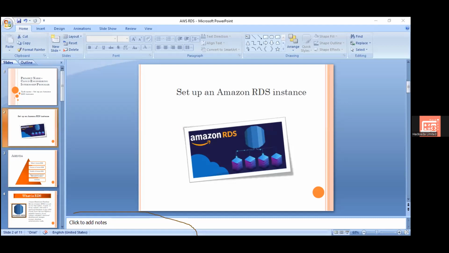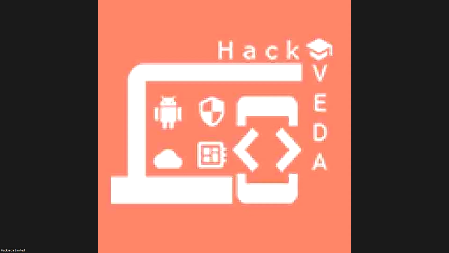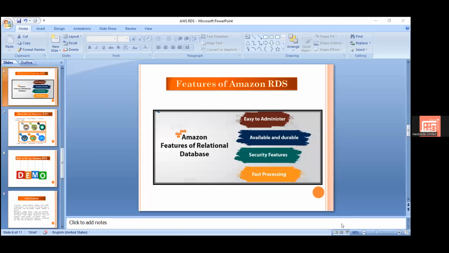No, still the slides are not changing. Try to reshare. Okay, now I can see the features slide.